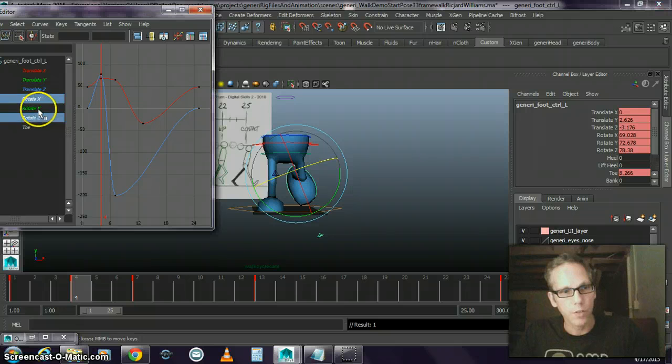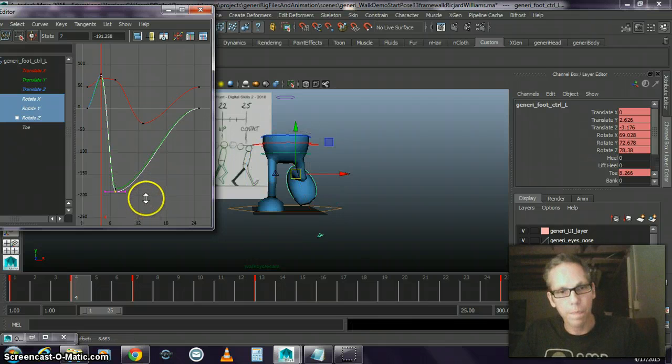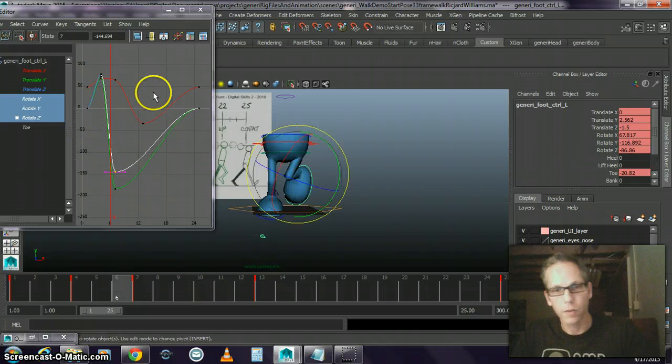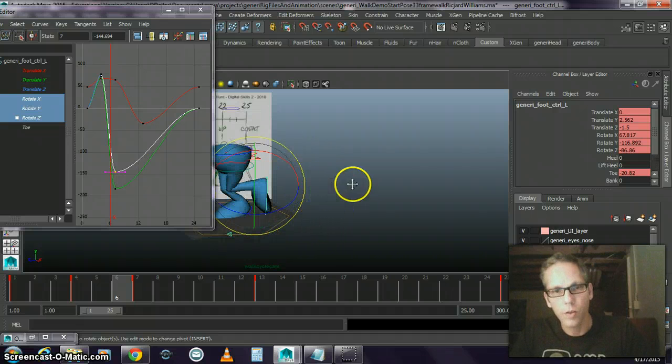There's a strange kind of thing happening which I want to figure out. It goes out and then it goes back in, but it says it's going around in the Y. So we'll